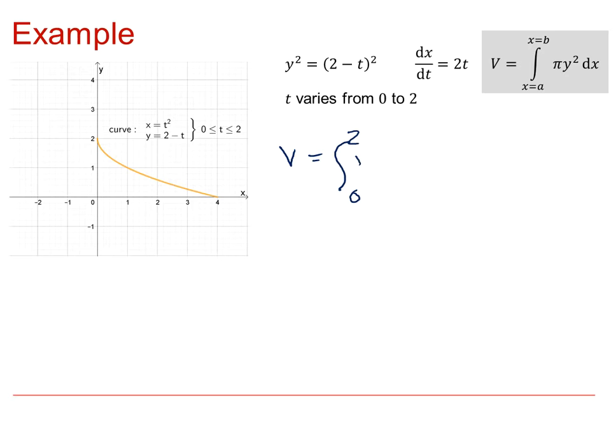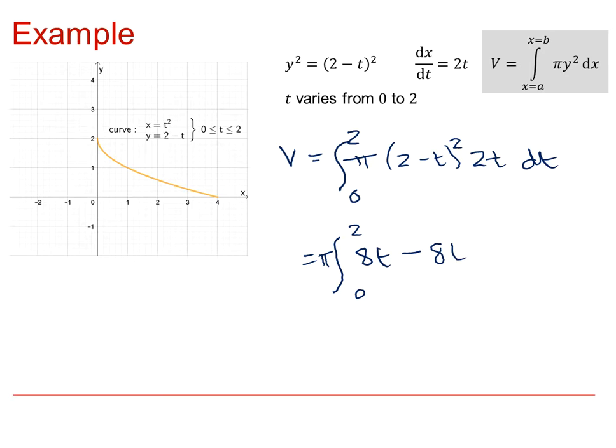We have our pi, our (2 minus t) squared, 2t dt. I'm going to take the pi out, and then if I expand all that and multiply by the 2t, I get 8t minus 8t squared plus 2t cubed,